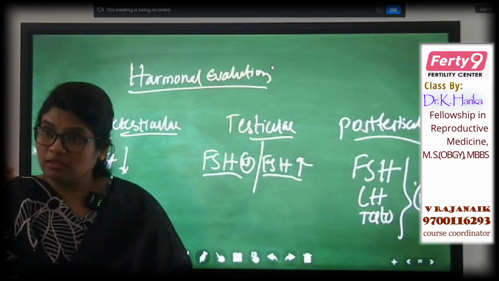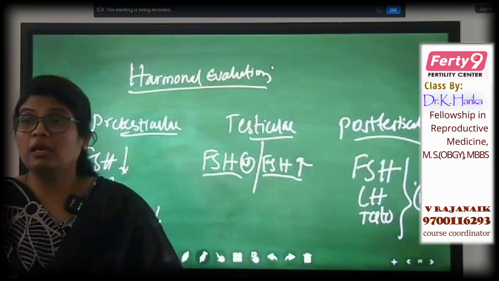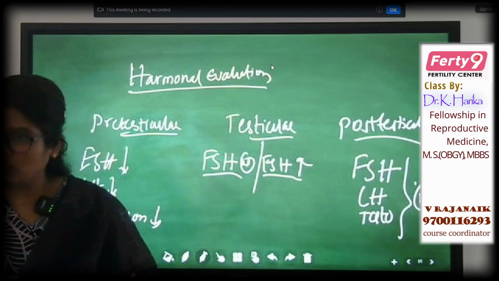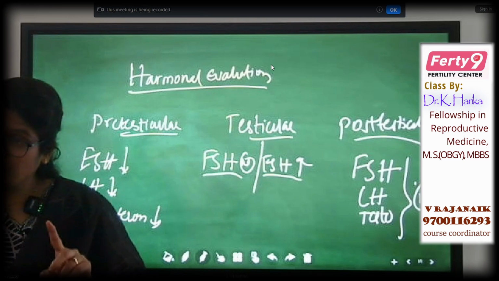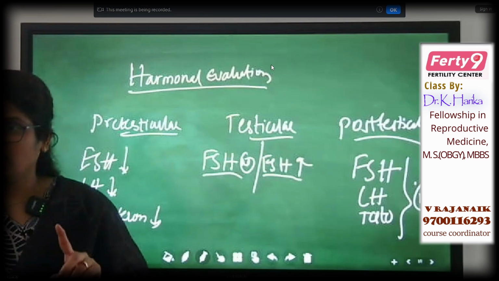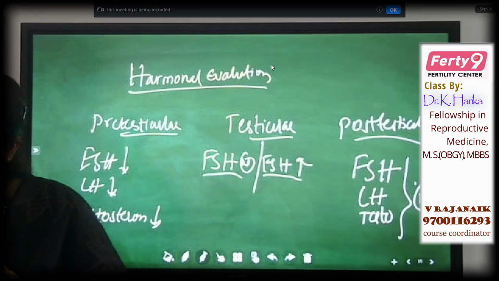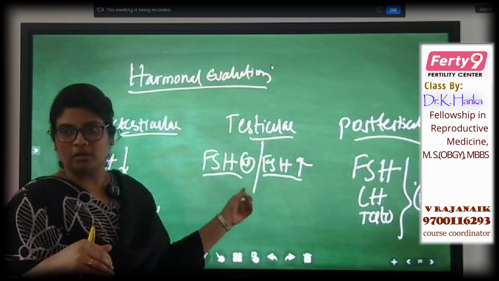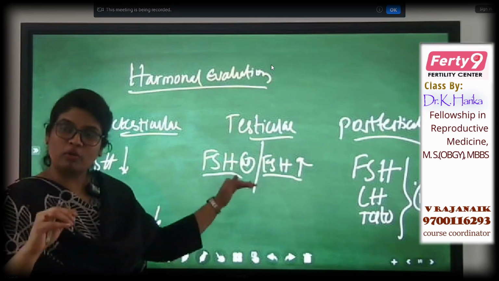Okay, so in this, there will be different gradings, different stages. Sometimes there will be maturation arrest. FSH is acting on the Sertoli cells, and the sperm production pathway will be there, but that staging is altered. FSH plays a major role in sperm production, but because of the maturation arrest, it will reflect as azoospermia, where FSH will be normal. So in stage or maturation arrest, we can see the FSH hormone is normal.